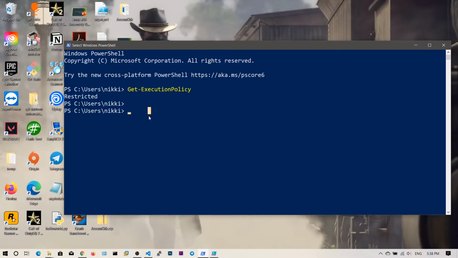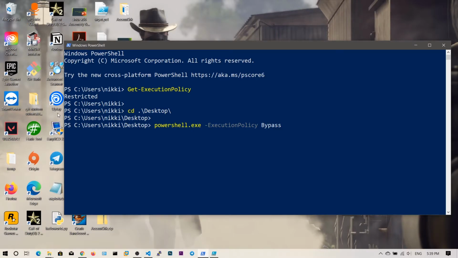Before showing set execution policy, I want to show you another command, which lets you execute just a single script without changing the execution policy. Let's go to the desktop, cd desktop, and now I want to say powershell.exe, and I need to specify the options: ExecutionPolicy, and we need to say Bypass.